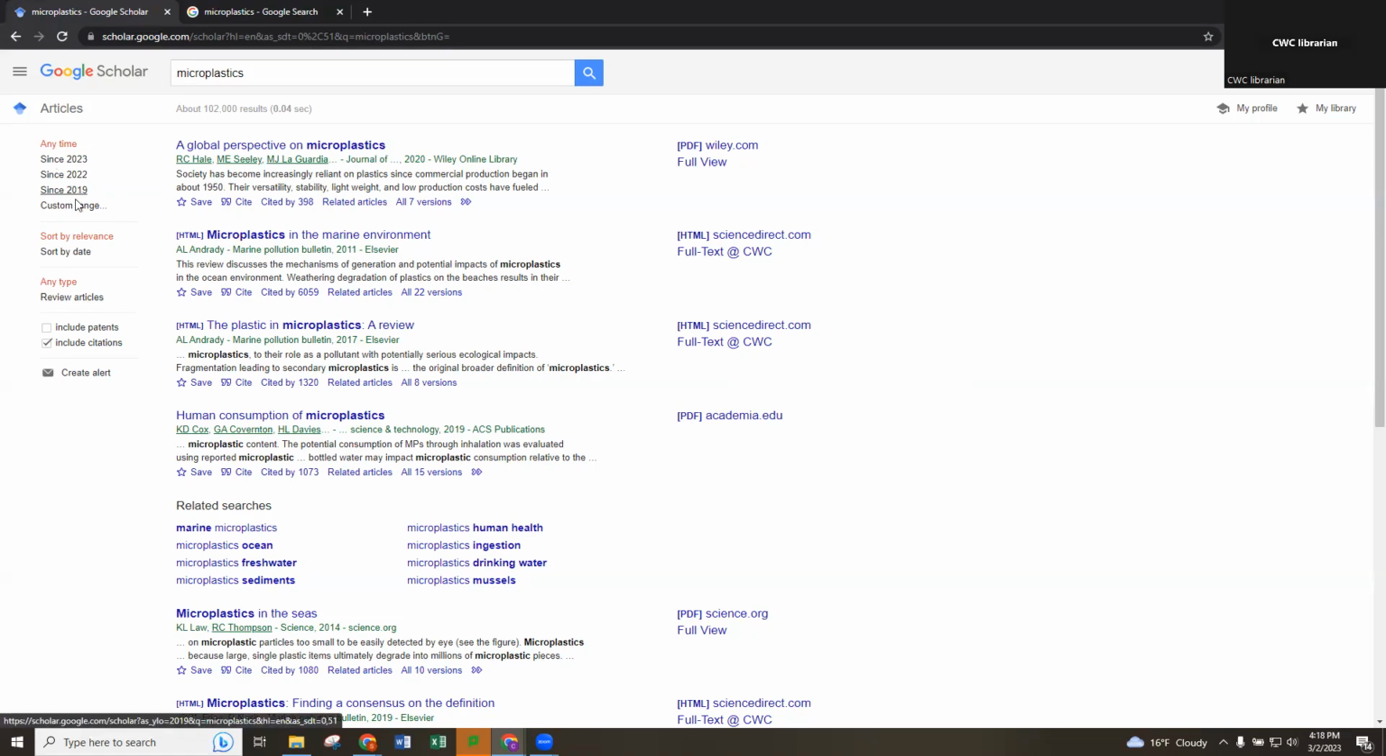If you are looking for things that are a little bit more relevant or older, you can change your date ranges. So over here on the left, we have some years that you can go ahead and select. So anything published since 2019, anything published since 2022, or you can set a custom range. This is helpful if you're trying to narrow down your research, if your instructor has given you parameters where some of your research has to be within the last like 3 to 5 years,